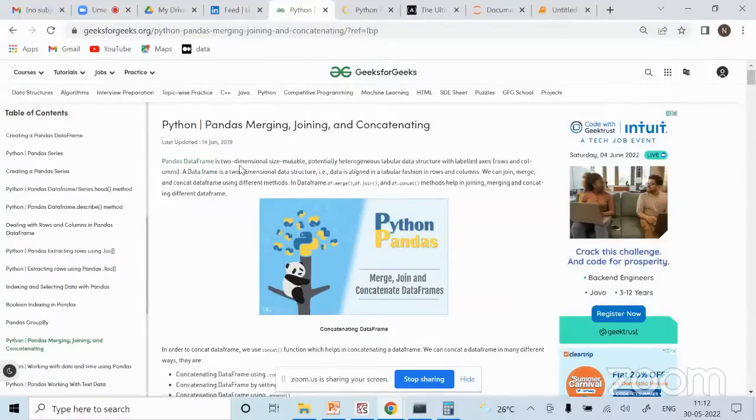Whereas in concatenation, we learned that simply, let's say if you want to append, for example marks, imagine it is going in a for loop. It means I just want to stack it vertically, row wise. So you can use the concatenation function. Similarly, if you want to stack horizontally, you can put two data frames and horizontally concatenate.